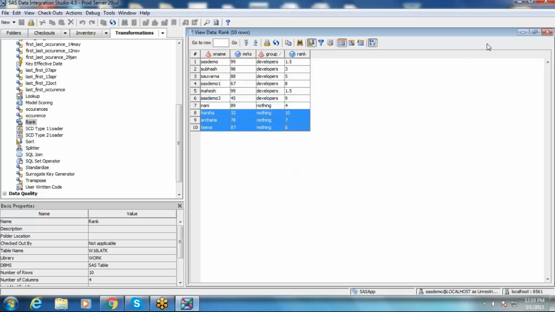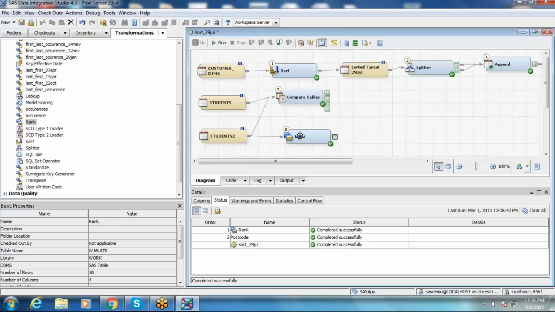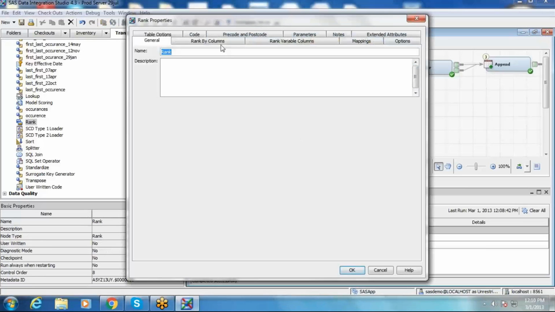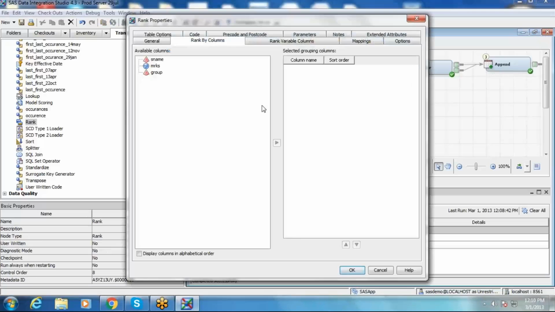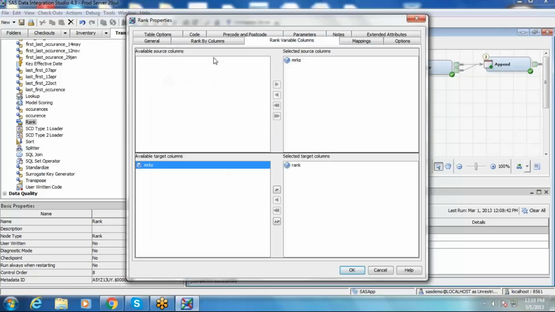For that, you just need to use this rank by columns. Using group, I need to group by, and the rest of the procedure is the same. You need to rank based on marks, and populate rank with the actual rank value.